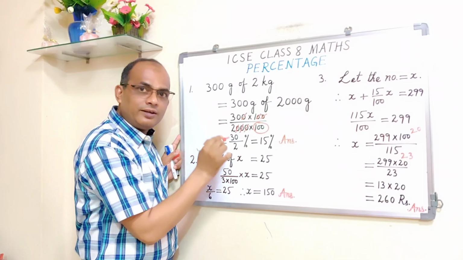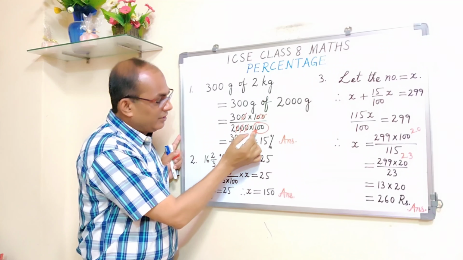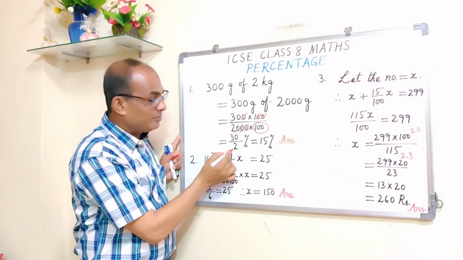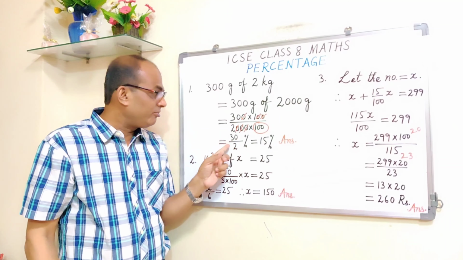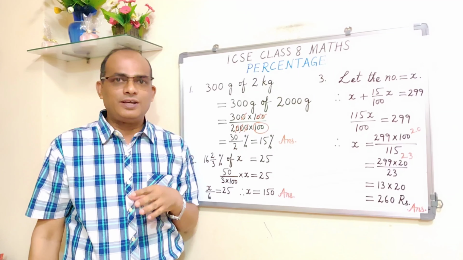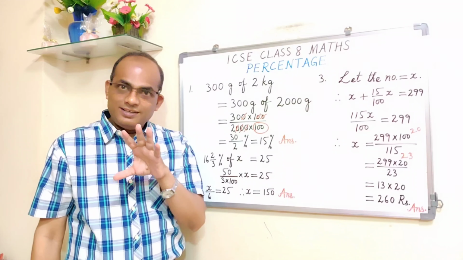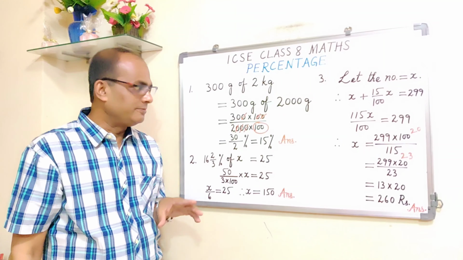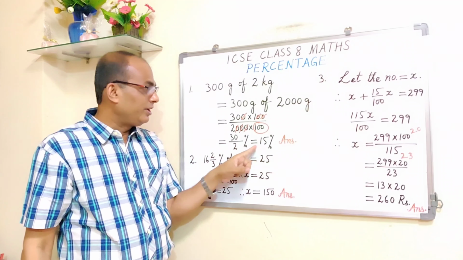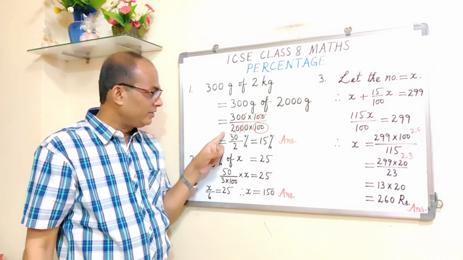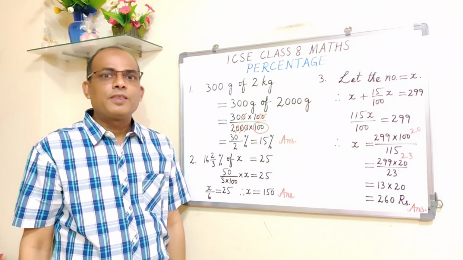You can watch the video, percentage part 1, where I have explained everything in detail. So this 100 is becoming percent, and the remaining we are getting is 30 upon 2. I could have written directly 15, but I am showing all these steps. Please write down as many steps as you can, to make things clear. All necessary steps should be written down. So 30 upon 2 is giving you 15. So 15% is the answer.